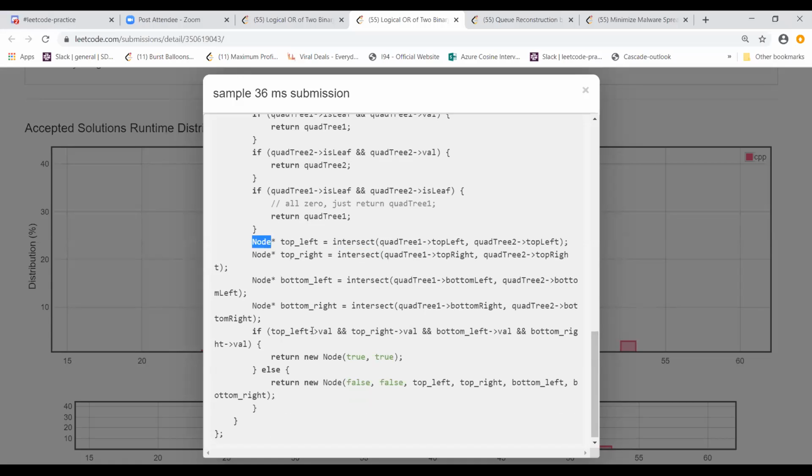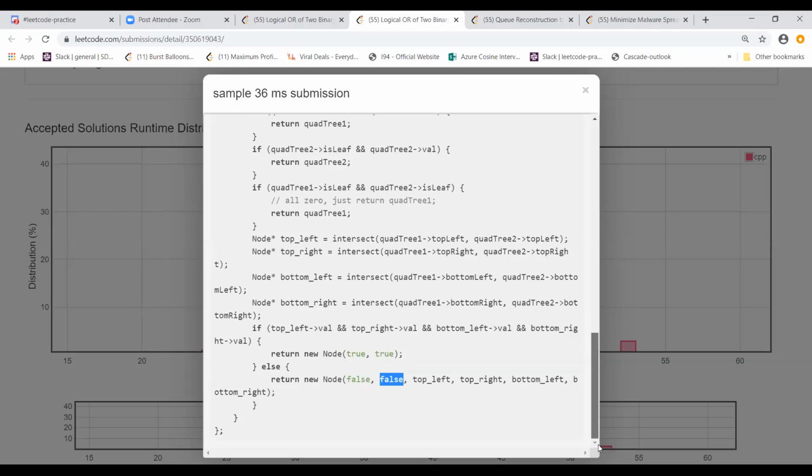Okay, and then if all the values of them are 1, then you can actually return node true. So that is the value, right? You can return any value. So true, and then the leaf will also be true. Or else both of them will be false and it will have these values. In this case, this is not a leaf node, so it is some passing node, and therefore the leaf is always false here. So it's a recursive way. That is what the whole representation is.